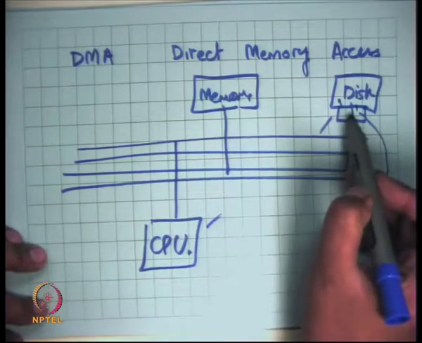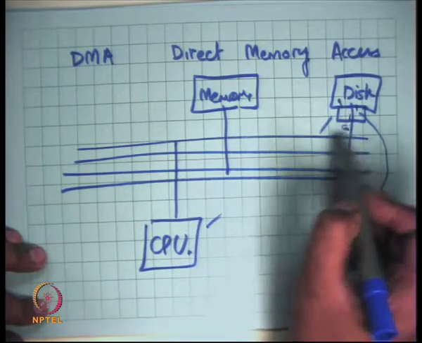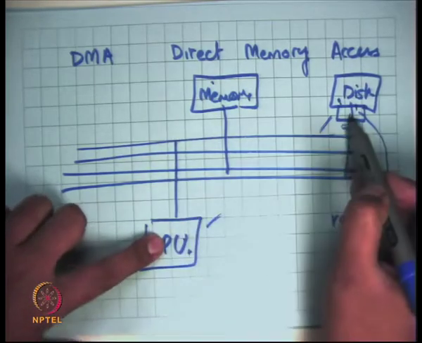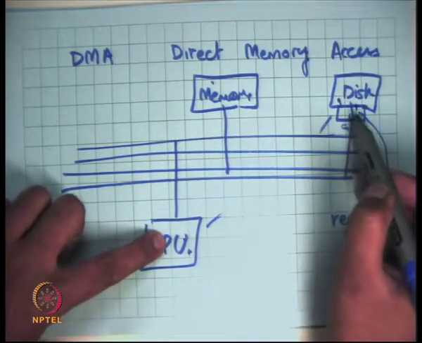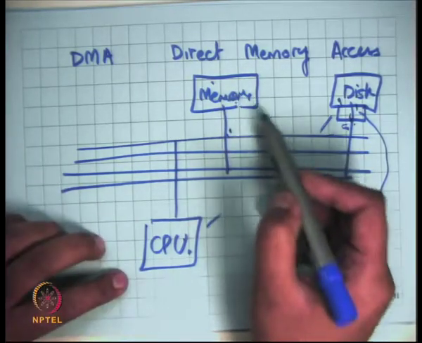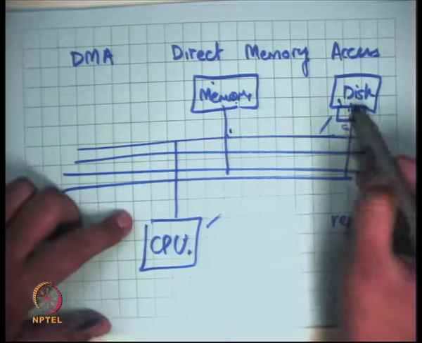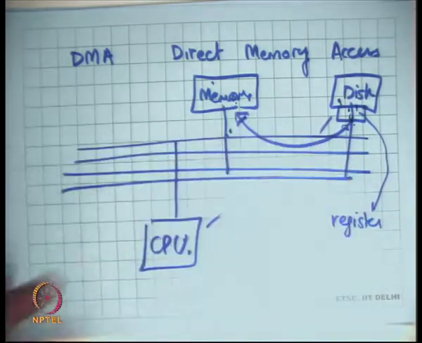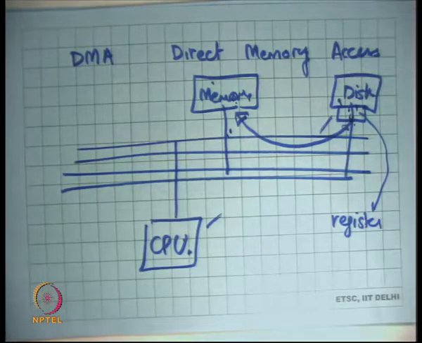Most modern disks have controllers that are capable of writing directly to memory. The way it works is that the CPU registers a request and tells it the location of the memory address. The buffer points to a physical address that is given to the disk controller, and the disk directly writes to memory. So the CPU just fires a command which says write these many sectors starting at this physical location in memory, and the disk controller is capable of doing it without involving the CPU. You can imagine that's a significant optimization, and typically that's how it's done.